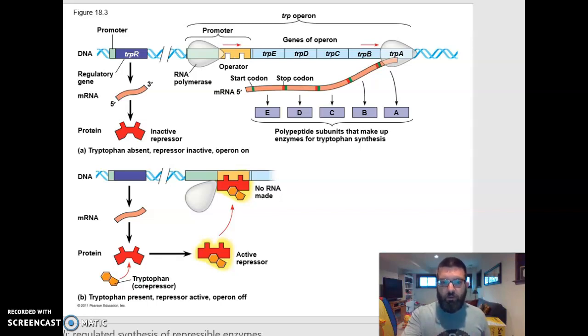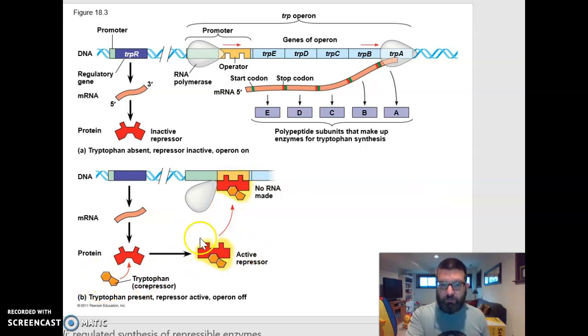Well, tryptophan also, when it's present in the environment, binds to this repressor and changes the shape of the repressor so that all of a sudden now it can bind to this operator, and that blocks access of RNA polymerase to this set of genes, to this operon. So when tryptophan is present, it acts as a co-repressor